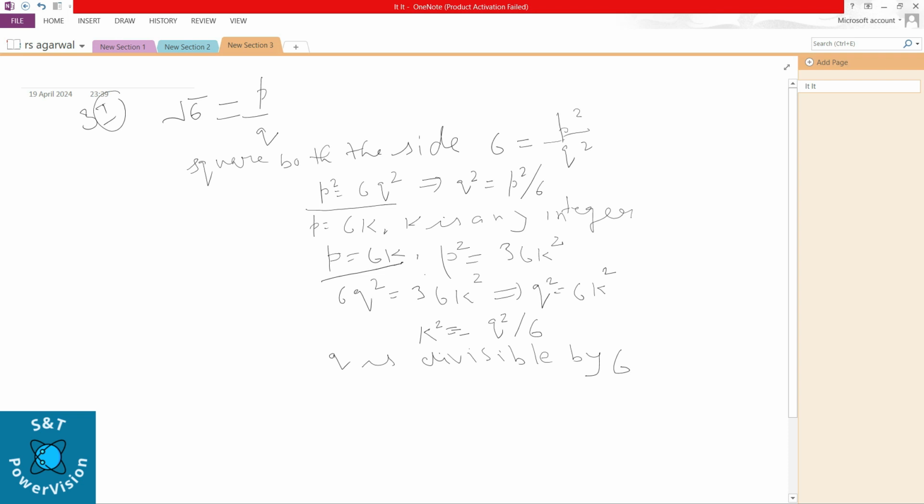And if you see this step here, Q is divisible by 6. It means 6 is a common factor for both